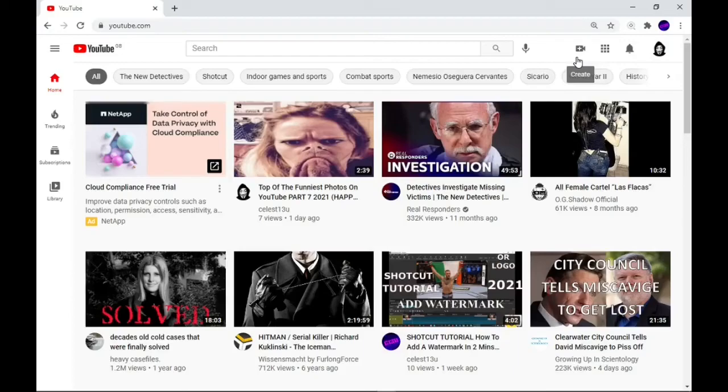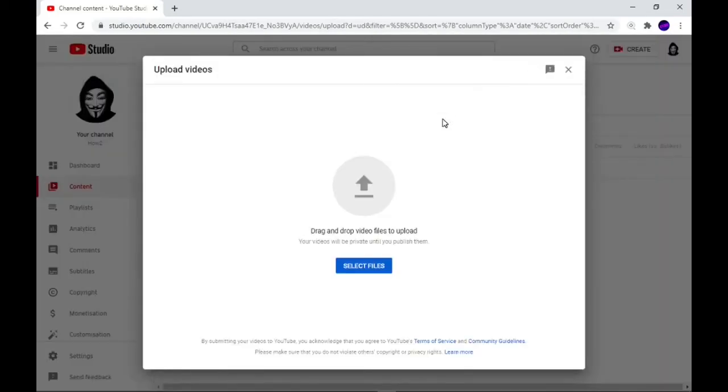So you're signed in and everything, you go to create there, the create button, upload a video, you click on that. Straight away what's going to happen is here you're going to get this box here and it's going to ask you which video you want from your files in your computer. All you need to do is click on the blue button, then it's now looking into